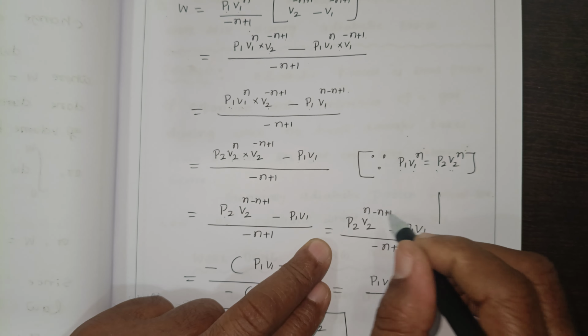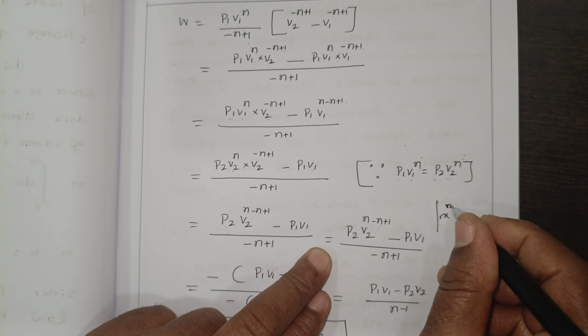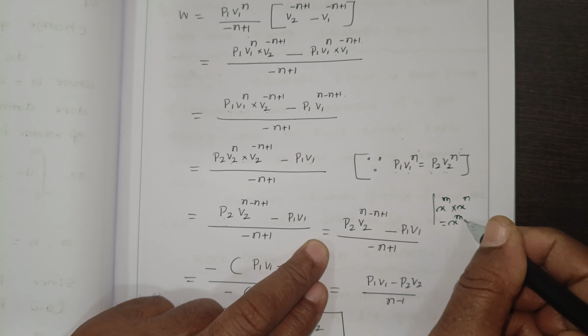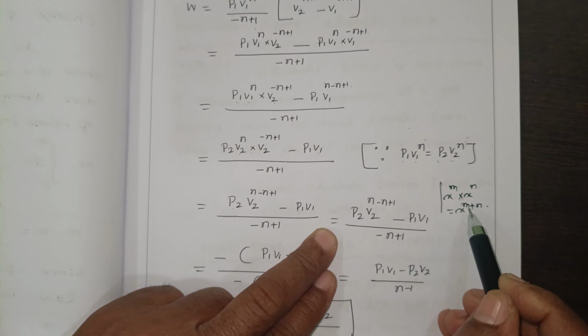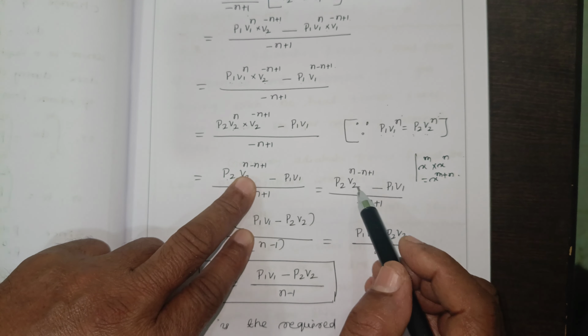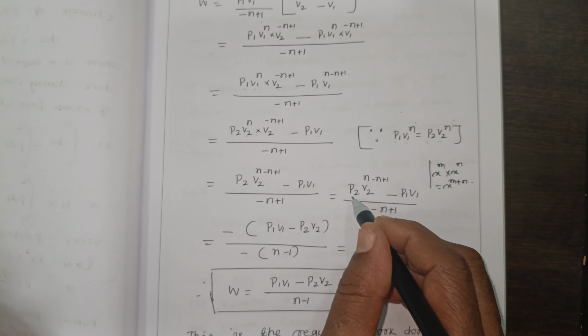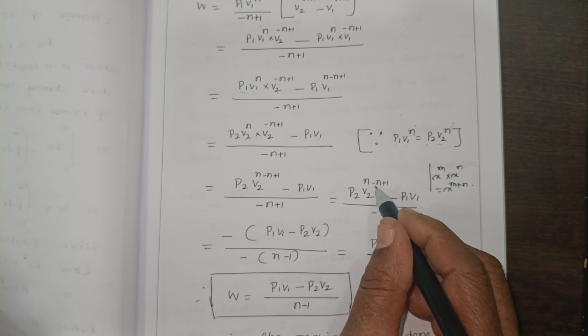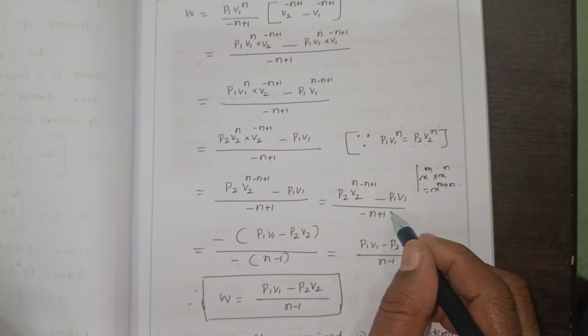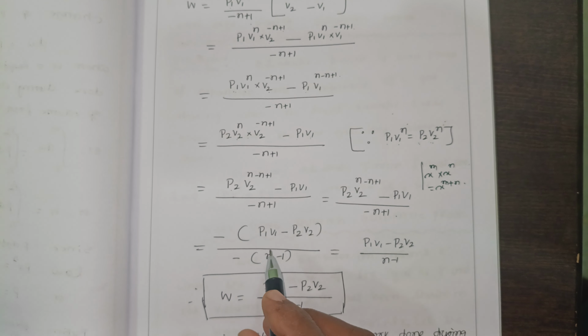You know that x to the power m into x to the power n is equal to x to the power m plus n. Here m is equal to n is equal to minus n plus 1. So we write P2 V2 to the power n minus n plus 1 divided by P1 V1 divided by minus n plus 1. Or